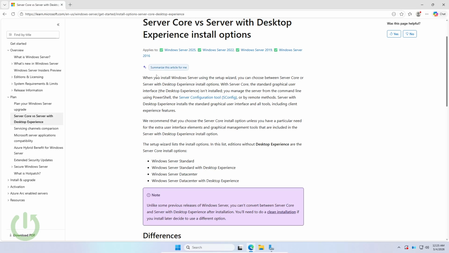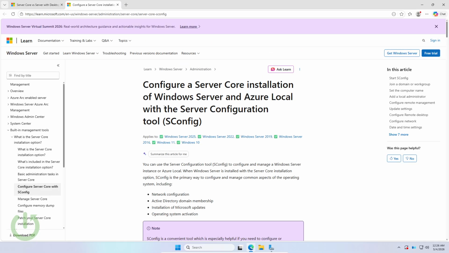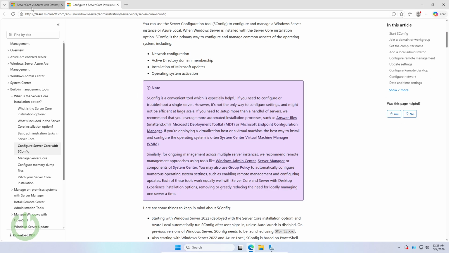So we can start. When you install Windows Server using Setup Wizard, you can choose between Windows Server Core or Server with Desktop Experience install options. With Server Core, the standard graphical user interface, the desktop experience, isn't installed. You manage the server from the command line using PowerShell, the server configuration tool, which is sconfig. If you don't know what sconfig is, you can click on that, and here is how you can enable it,